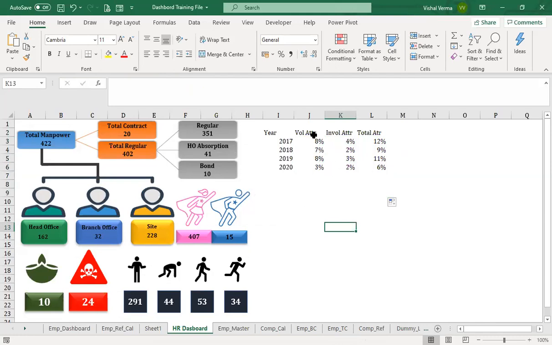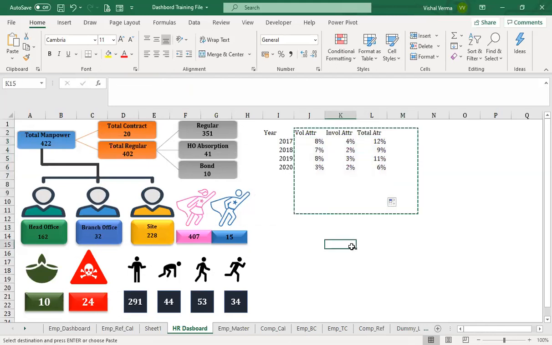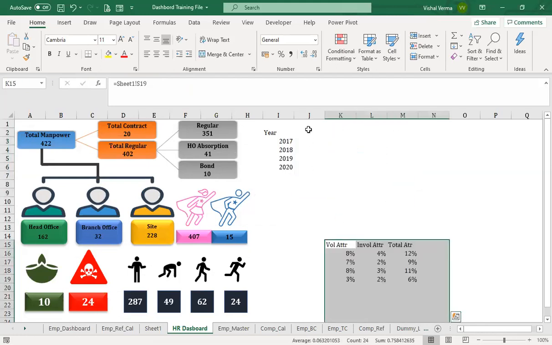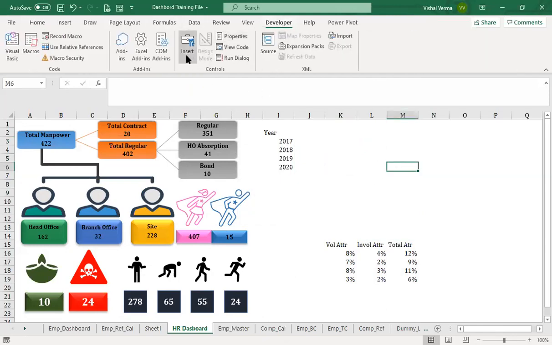Now what we'll do is copy this data for now and paste it here. And then we want the values here. So we'll go to the developer option. In the developer option, insert the form control. Don't use the ActiveX control; that is basically meant for VBA most of the time, but we are using the form control.